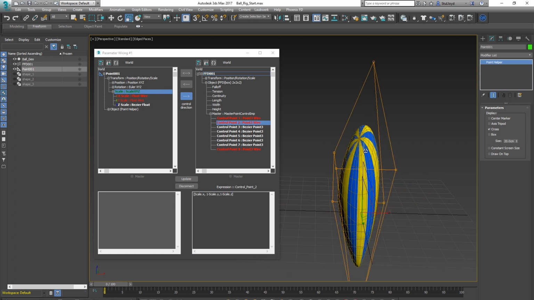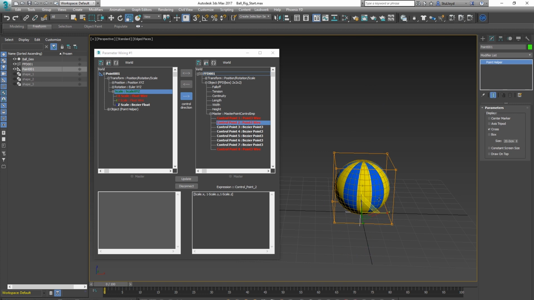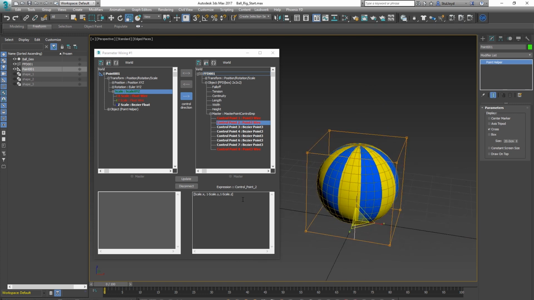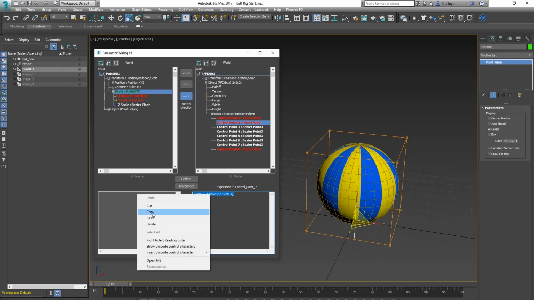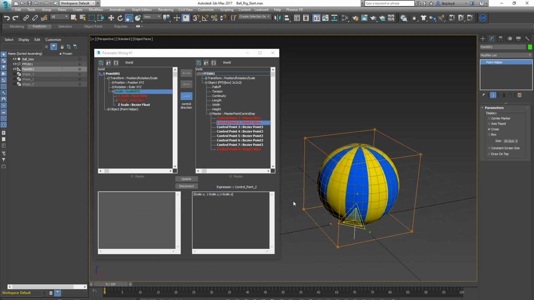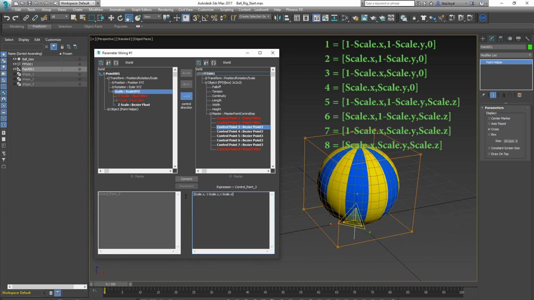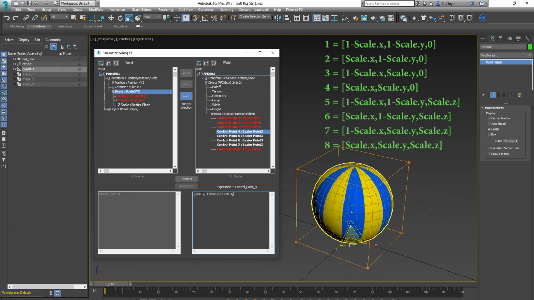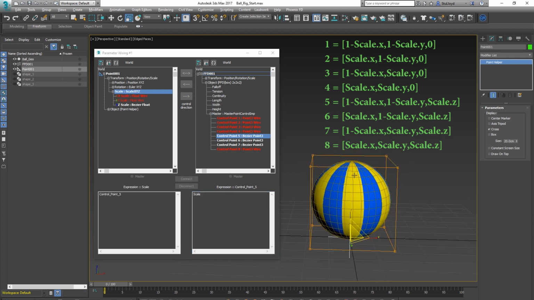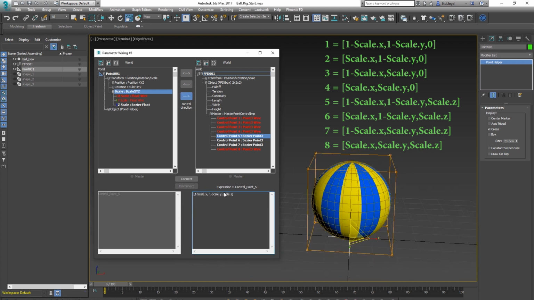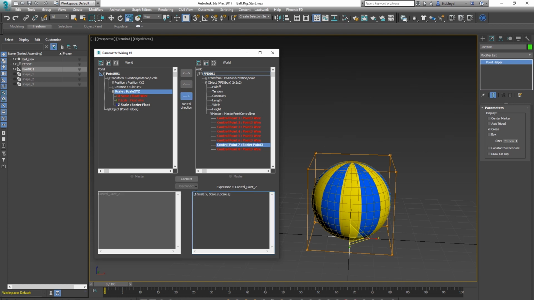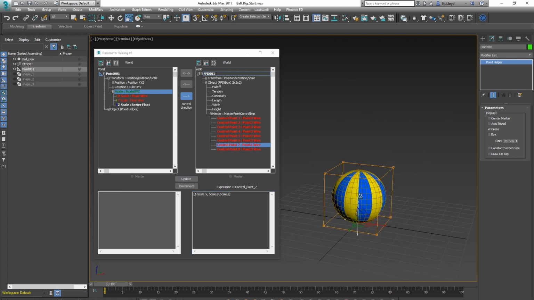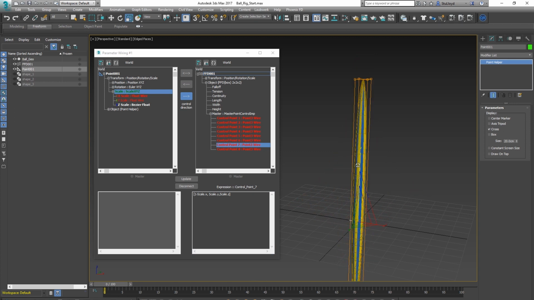So now it's working exactly how we want it to work. So pretty much what we can do now is copy this, and we can go through each point. So we can go to, say, point 3, so we can click on that, and go connect. So now, when I scale it, see our sphere sort of does what we want, but